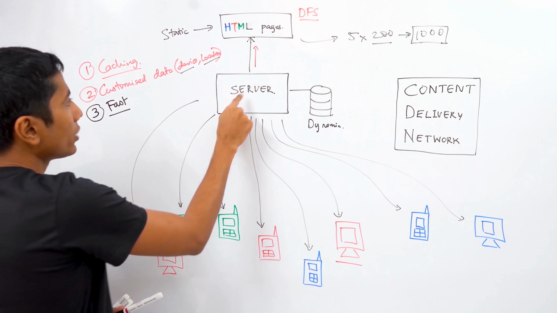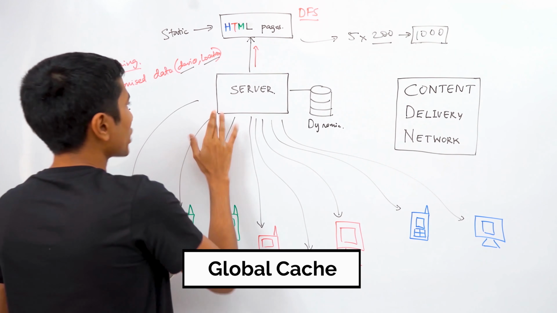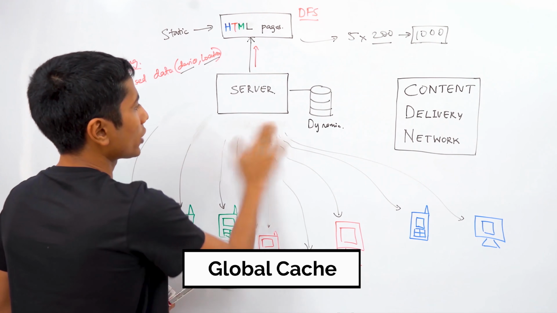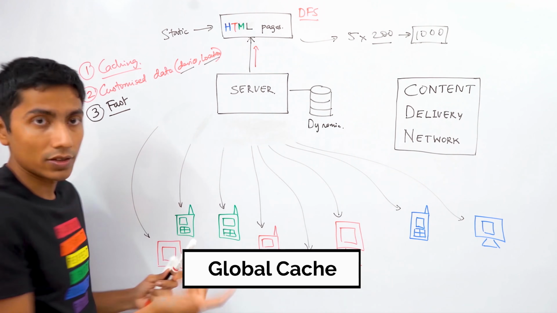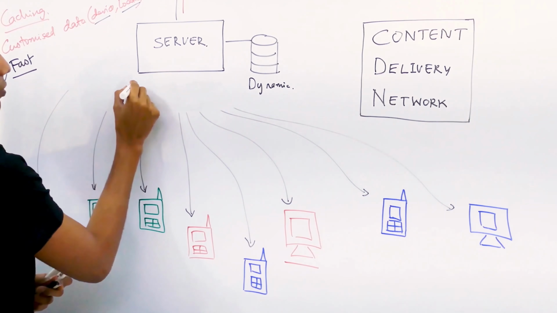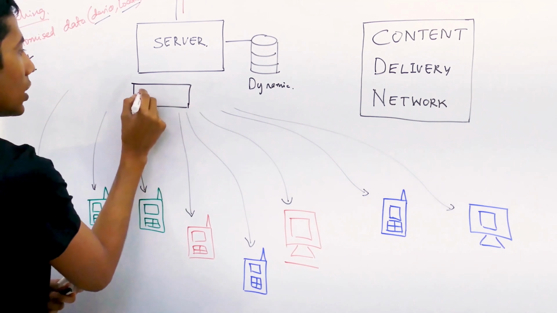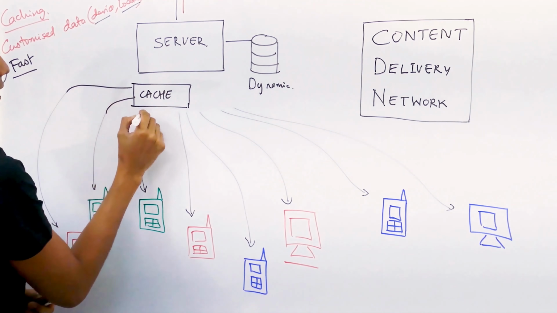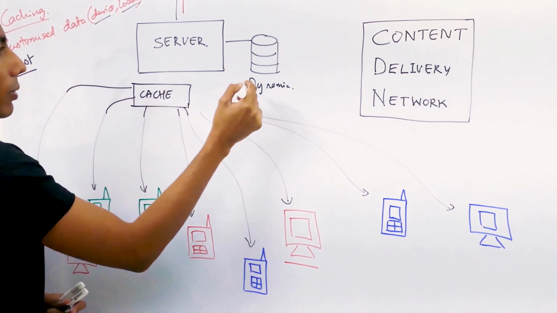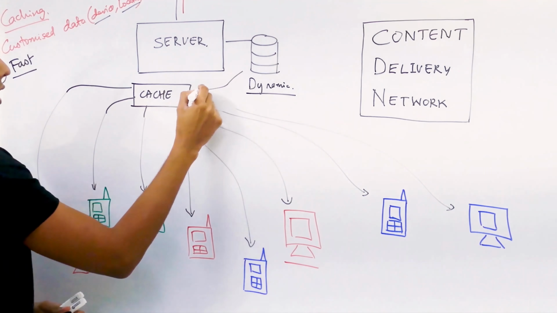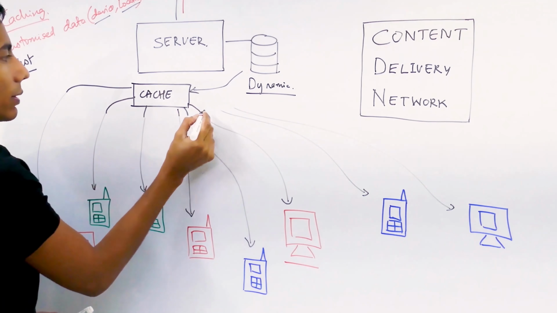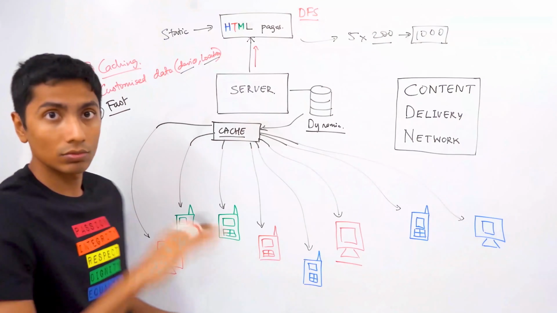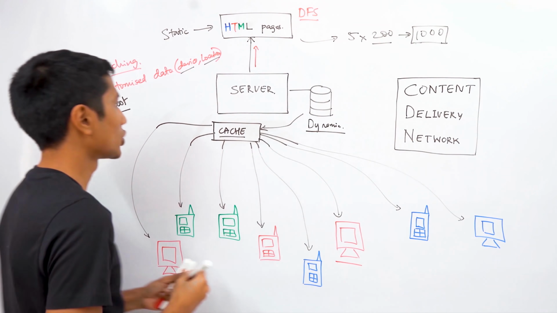Okay. So taking this stuff up, what principles can we use? Well, firstly, we don't need to keep the cache on the server. We could keep a specialized global cache, which is going to be taking all these requests for HTML pages and serving them. So before the server, you have another entity which is a cache, right? And this is just taking static information. Let's say that we don't want to deal with the problem of dynamic data and invalidating the cache and stuff like that. We just want to keep static information. Sounds simple enough. Write once, delete never, update never, cache.